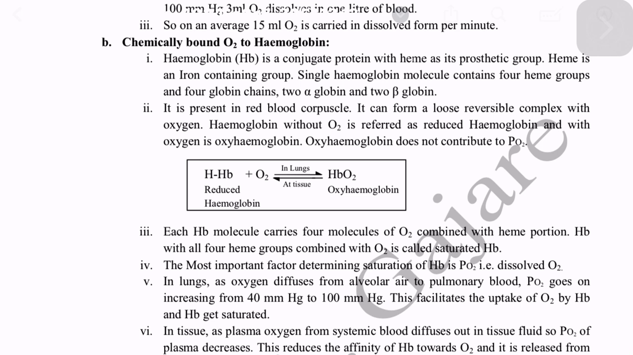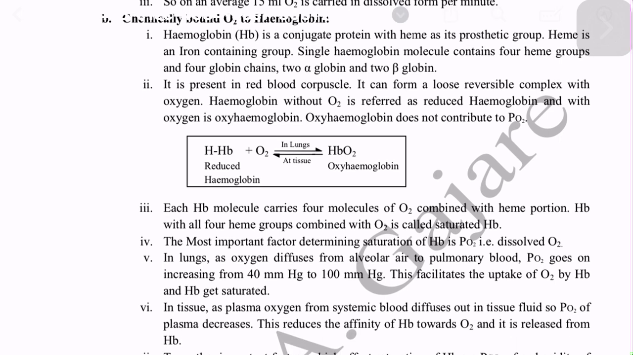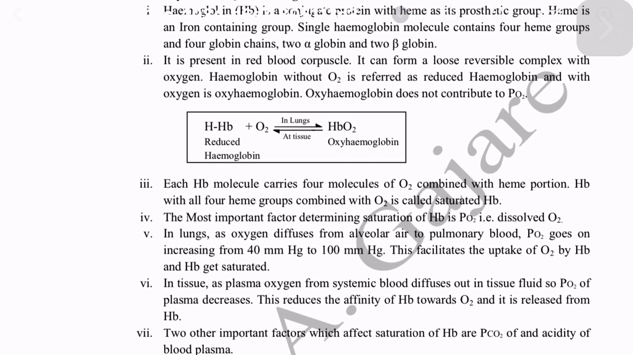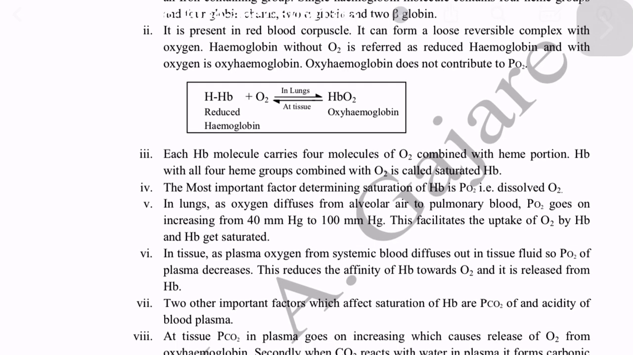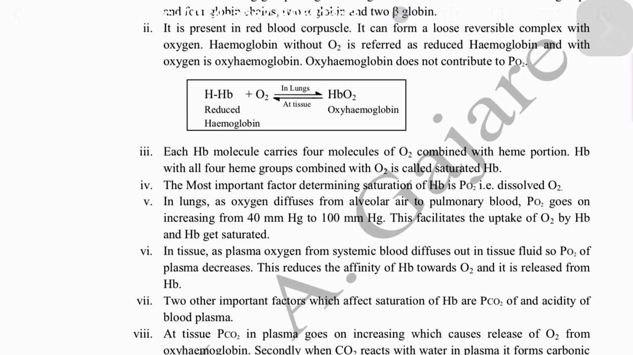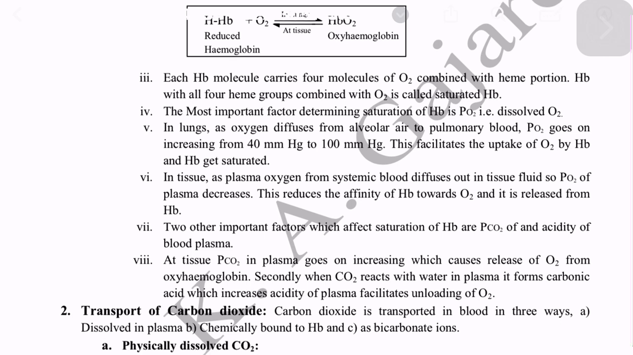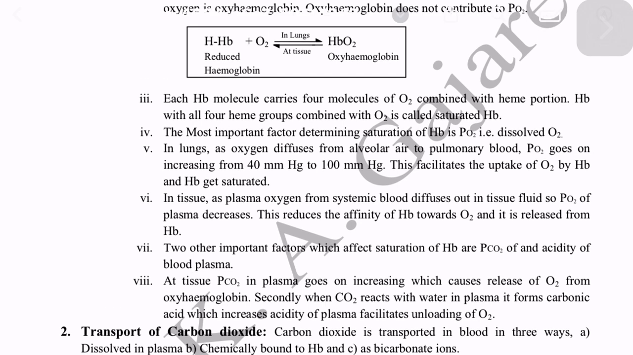Hemoglobin without O2 is referred to as reduced hemoglobin, and with oxygen is oxyhemoglobin. Oxyhemoglobin does not contribute to PO2. Each Hb molecule carries 4 molecules of O2 combined with the heme portion. Hb with all 4 heme groups combined with O2 is called saturated Hb. The most important factor determining saturation of Hb is PO2, i.e. dissolved O2. In lungs,